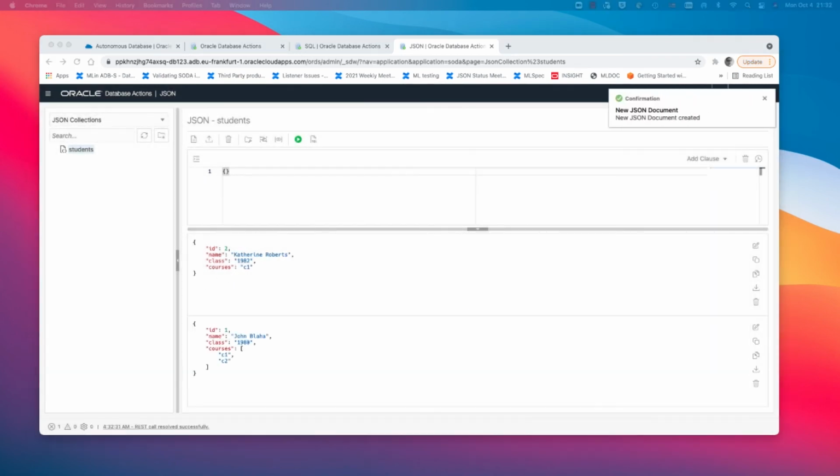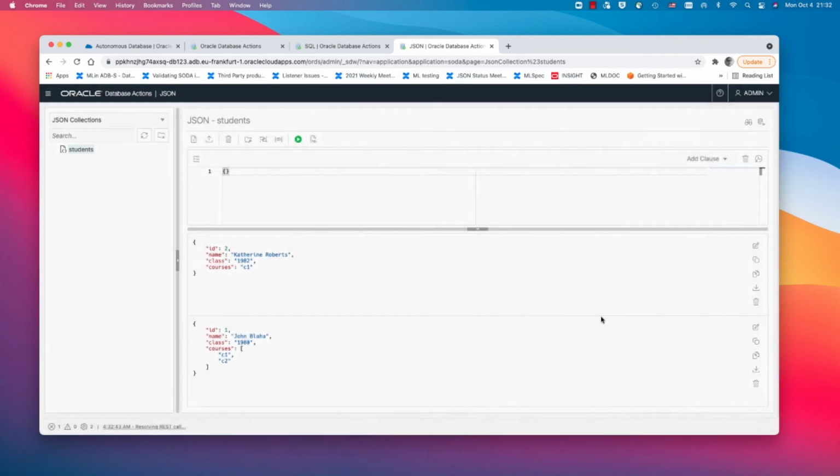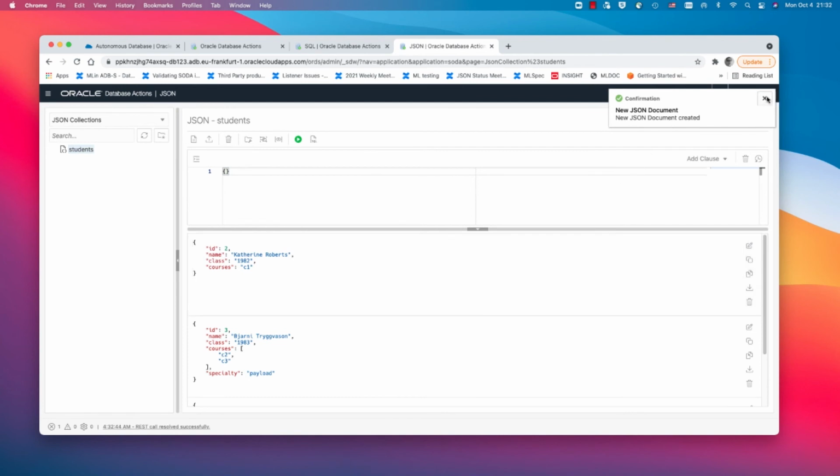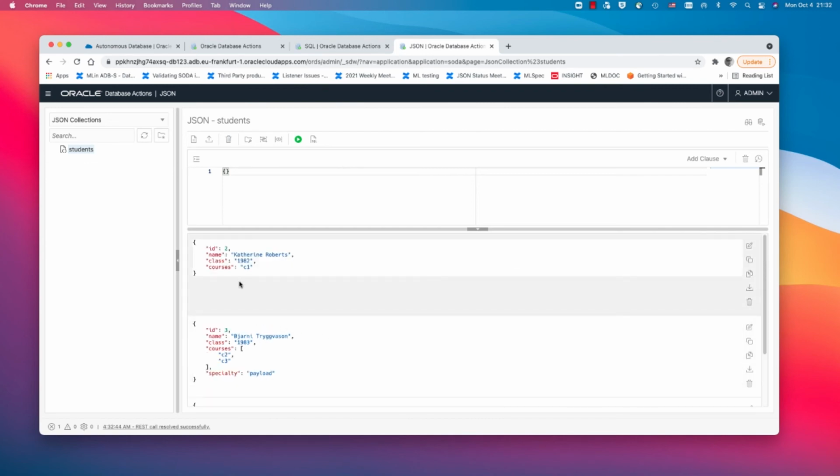and a third one. In a real application, you obviously wouldn't use this user interface to do that. We have language drivers for Java, Node.js, Python, etc., REST, where you can just have simple puts and gets, and you insert your JSON into that collection. Now we see that these are the 3 collections that exist, and we can now run what I've shown before, these query by example. This is a query by example where I'm looking for all the documents that have a field called courses, and we want to match this against the value C1.